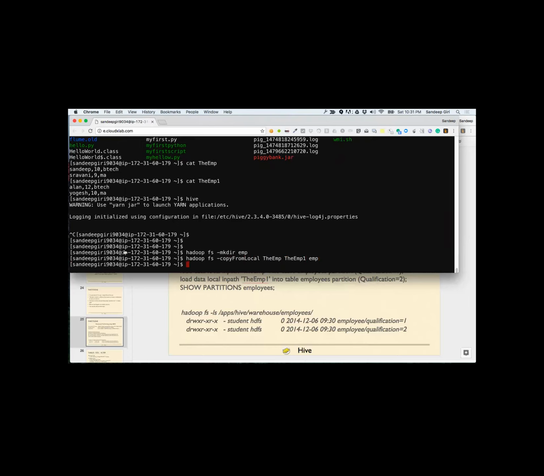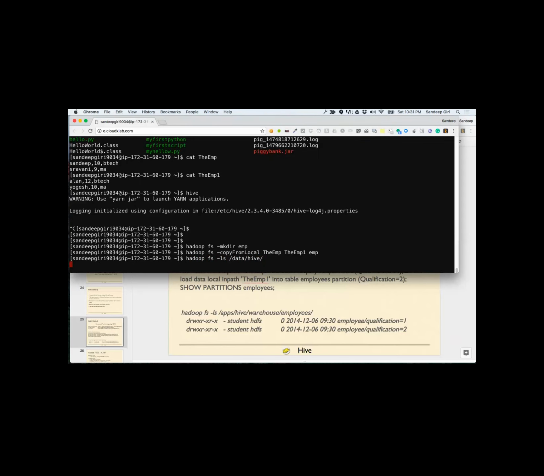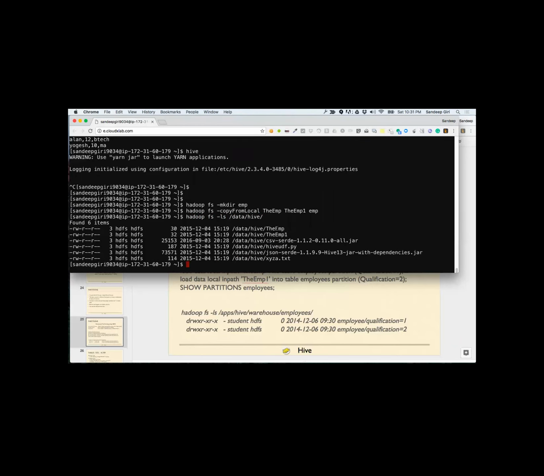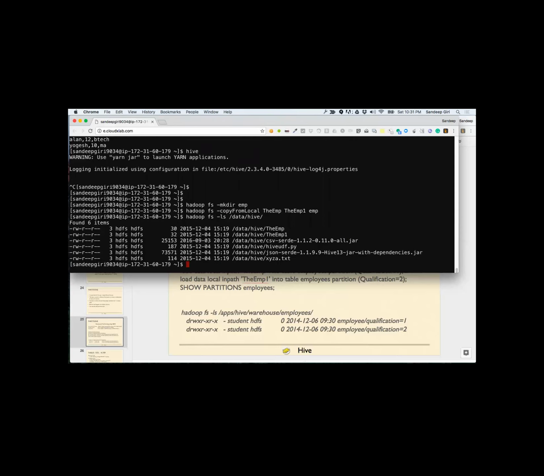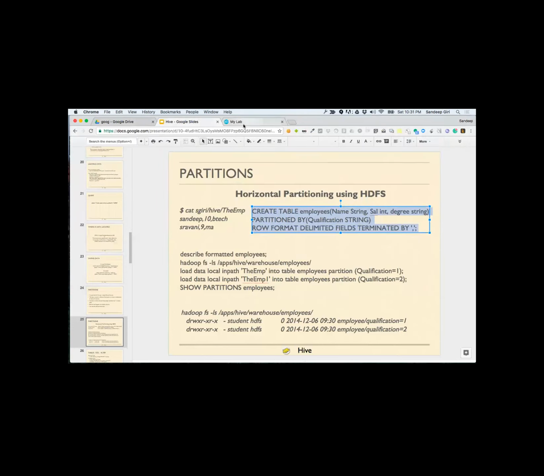Okay. The same file should be available in the data folder as well. So Hadoop fs minus ls slash data hive. It should be there in this folder as well. Yeah, you can see there are 2 files already. Okay, these are very small files. So you can use the same data from here as well. Okay. So now let me go to the browser.